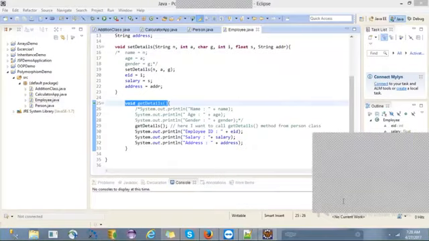That means we are redefining the get details method in the child class, in the subclass. The get details method is already present in the super class with the signature void get details, zero parameters. The same thing we are writing in the subclass also.